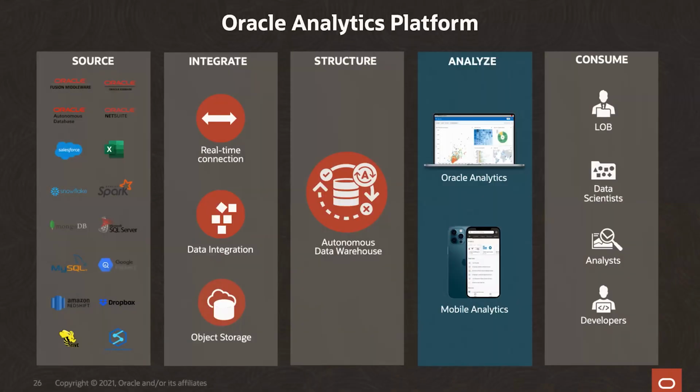So here we're looking at Oracle Analytics in the wider view of the world. We want to make sure that we have a unified and integrated platform from all the data sources right the way through to the consumers on the right-hand side here. And we want to make sure we leave no data behind. So you can see we have a bunch of native data sources already built into the product, including things like Snowflake and Salesforce. And in the coming versions, we've actually got JDBC connectors to make sure that we leave no data behind. Then we're going to be able to integrate that data so we can get a consolidated single view that we can put into a semantic layer that we can share with everybody else in the organization to get that single version of the truth.